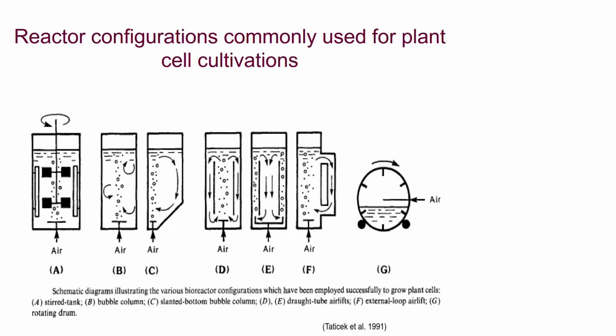So the reactor configurations which you will see in literature are mostly pneumatically driven reactors. The first one is your stirred tank reactor. The number of impellers can also be one of the factors for mixing, the amount of mixing which is needed, which is quantified in terms of mixing time. Then among the pneumatically driven reactors, you will find tapered bubble column reactors, then airlift reactors, external and internal loop reactors.